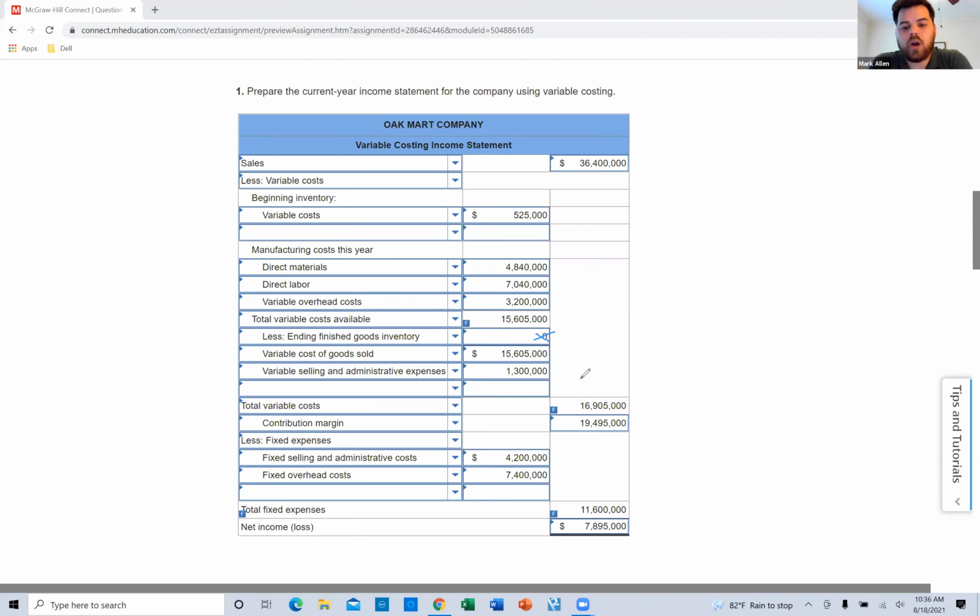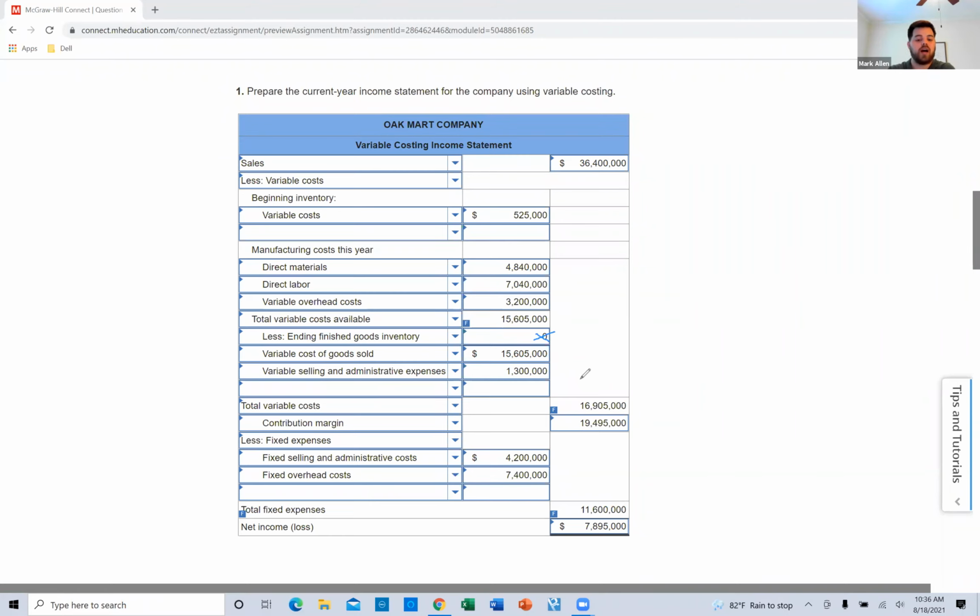I don't have to go back and think, what is the number that goes here? I know there's no units. If there's no units, there's no dollars. So that's just a 0. And so that makes our variable cost of goods sold equal to our total variable costs available,